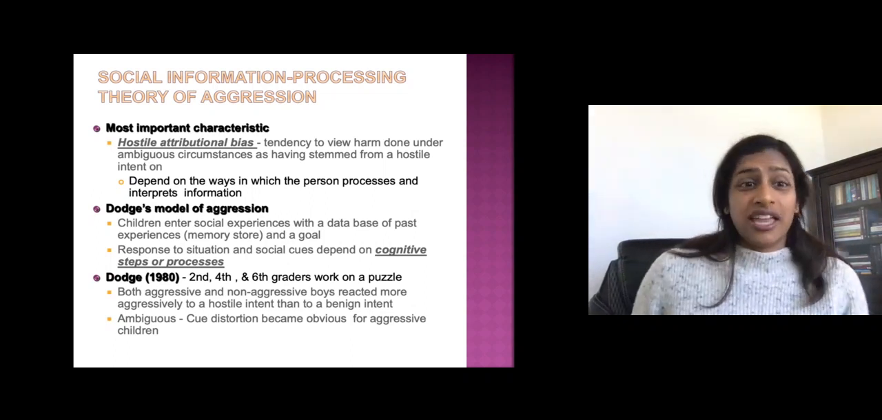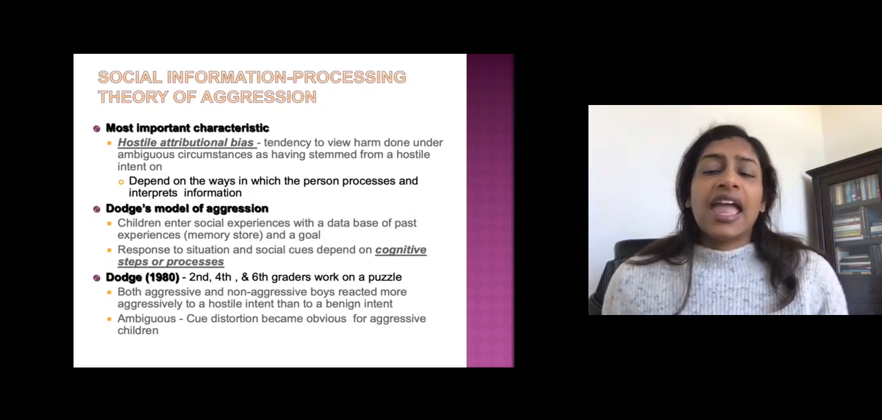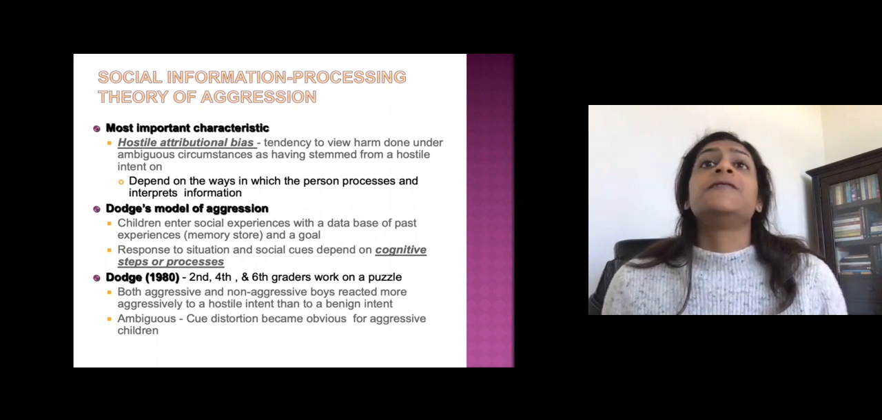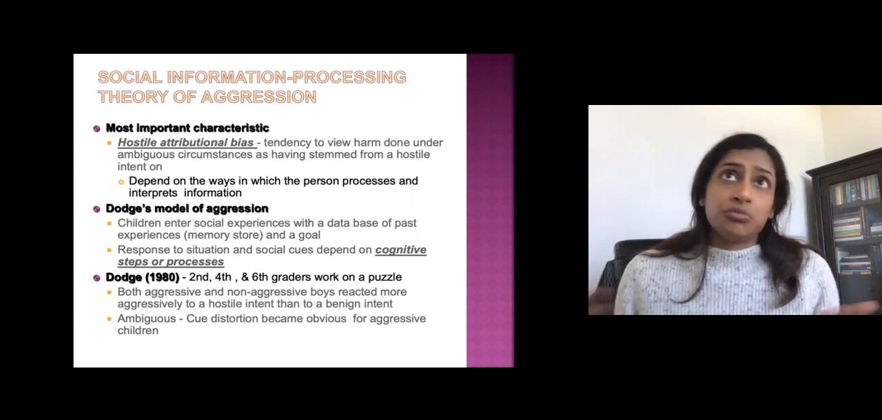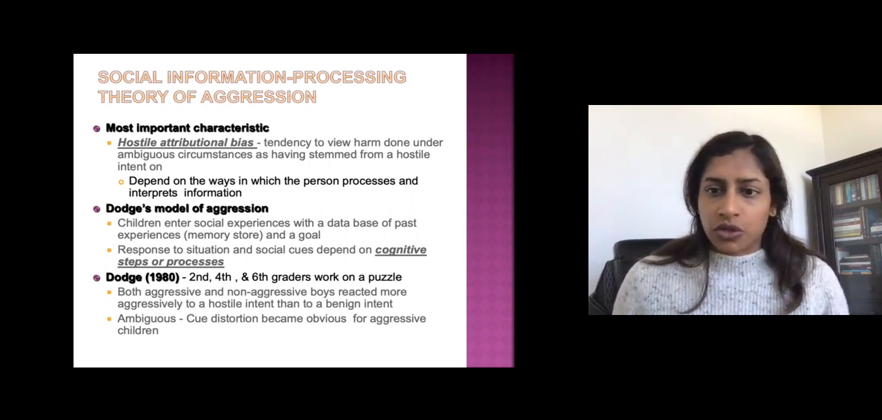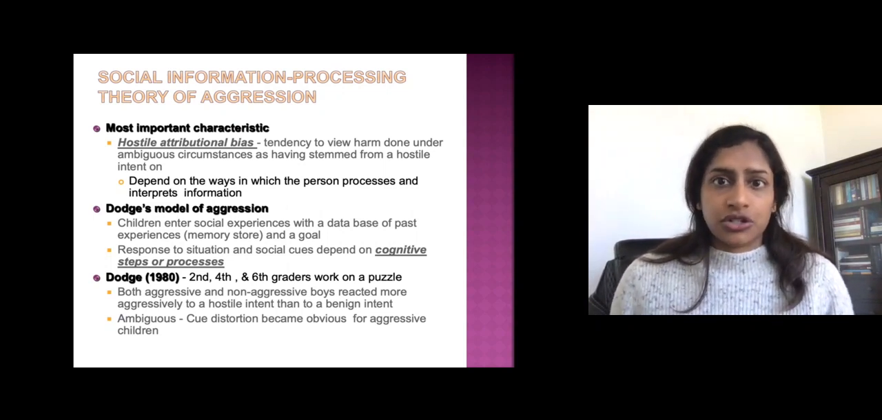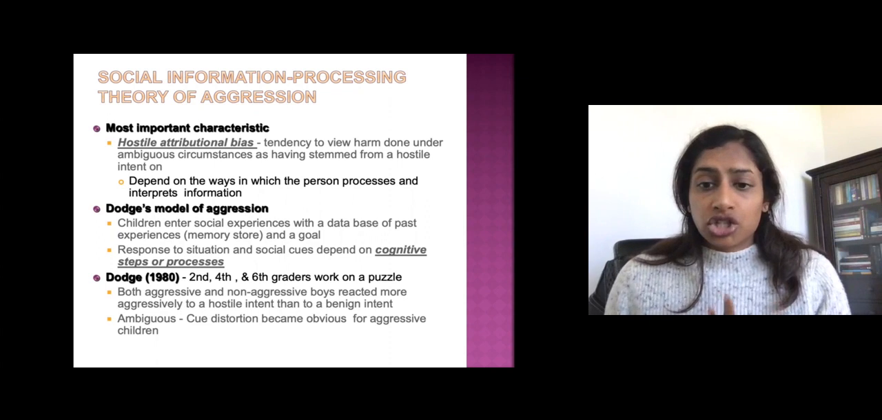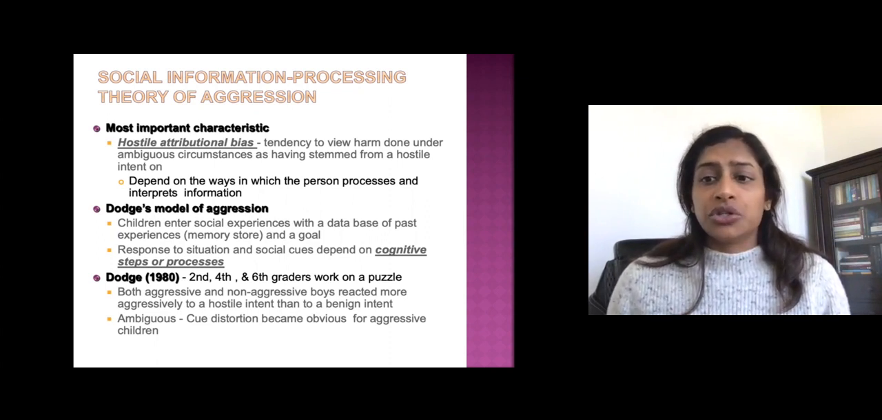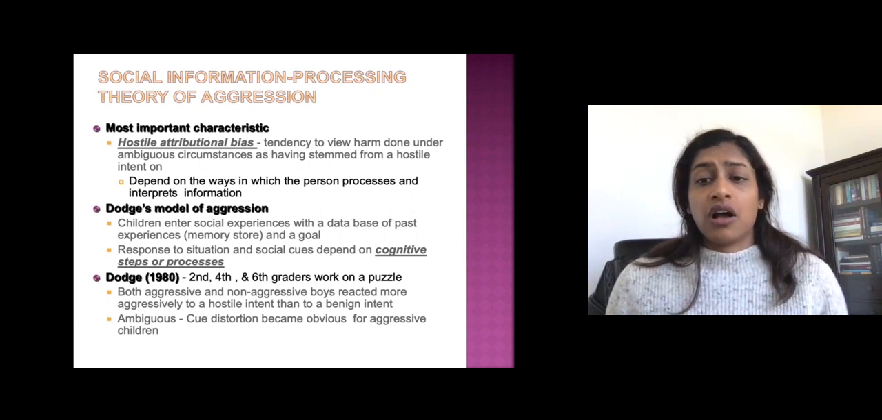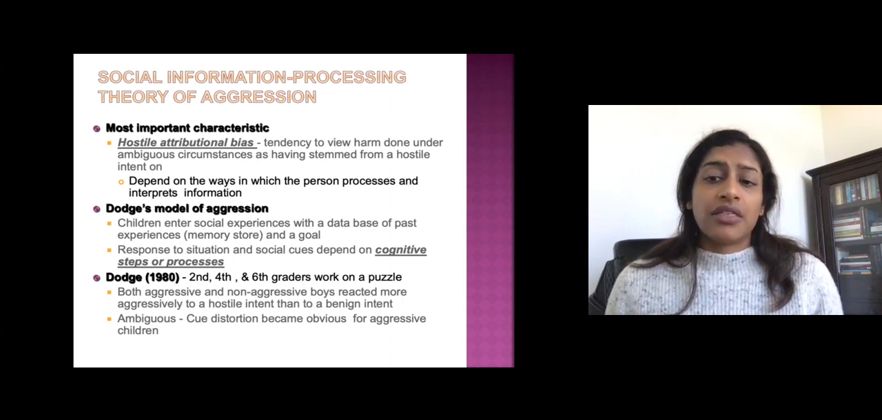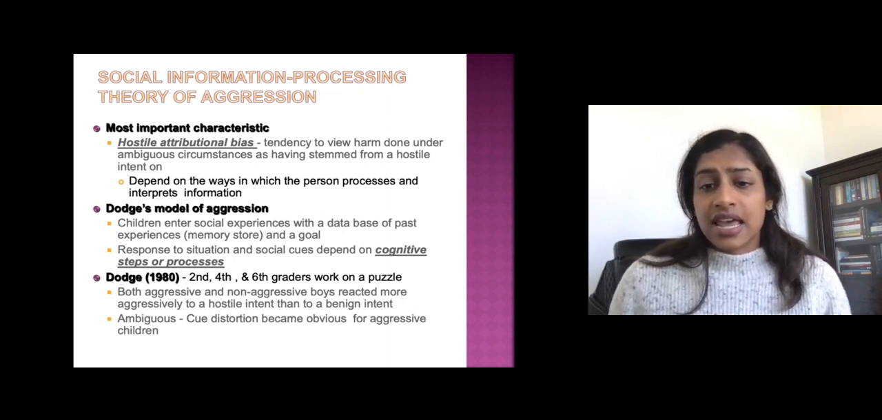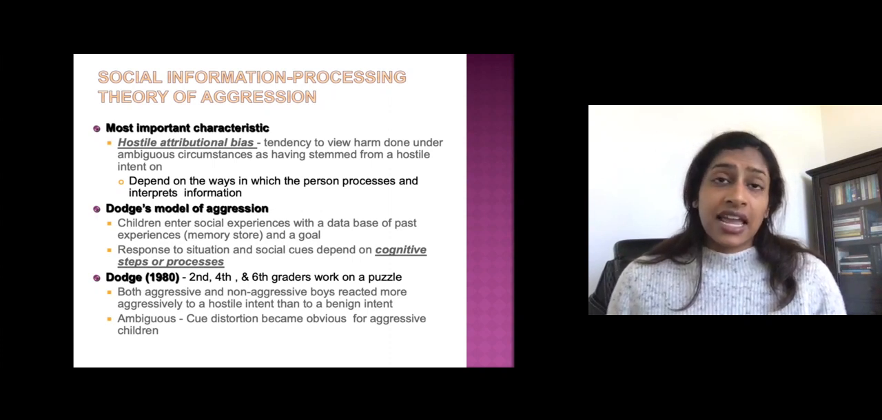Dodge did a study looking at this in 1980, and he had 15 aggressive and 15 non-aggressive kids. This was determined by peer nominations. A classroom determined which kids were aggressive and which ones were not, and both peers and teachers did this. Boys in grades 2, 4, and 6 were then exposed to a frustrating, negative outcome that was instigated by an unknown peer who had acted with either a hostile intent, a benign intent, or an ambiguous intent. And then Dodge videotaped the